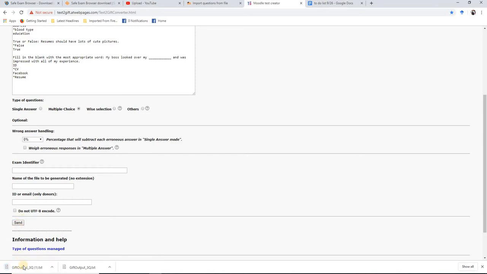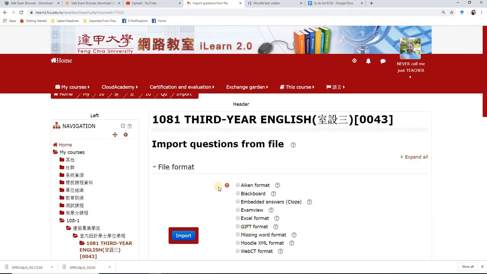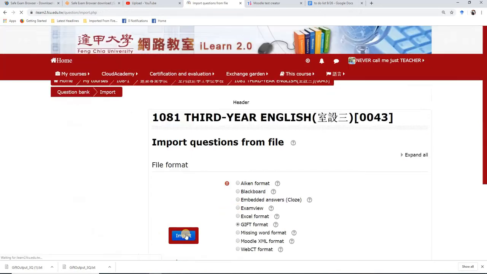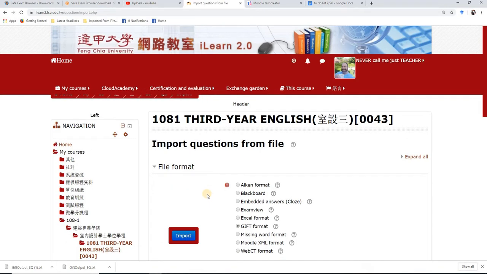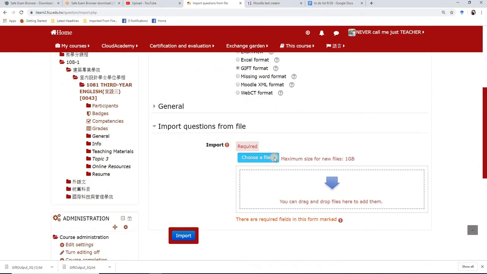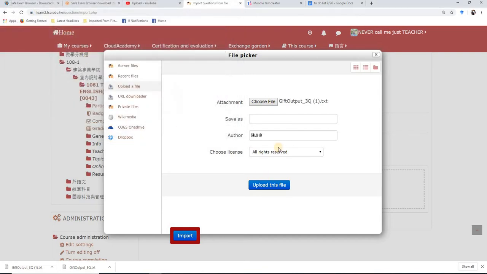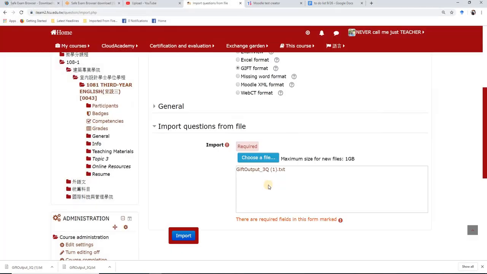And that will give you gift output 3Q1. Okay, then we come over here and we're going to import a gift because it's a present. Aww. I'm going to click import. And then I'm going to choose a file. And I'm going to choose 3Q, 3 questions. Yay. Upload this file